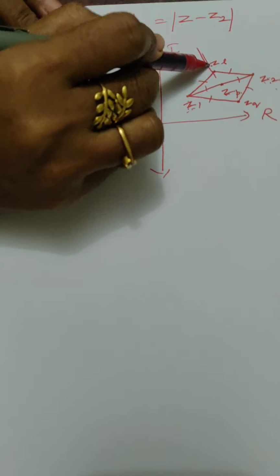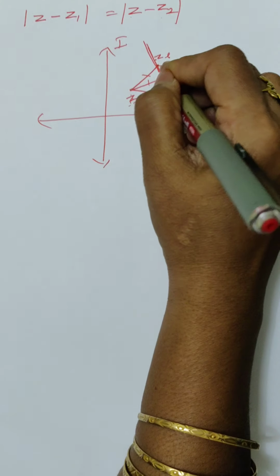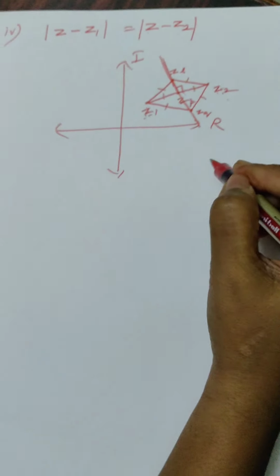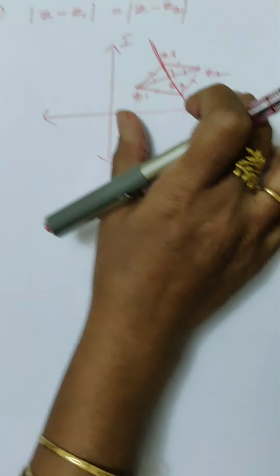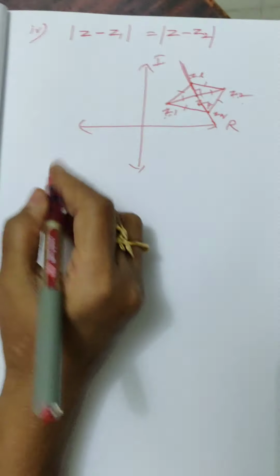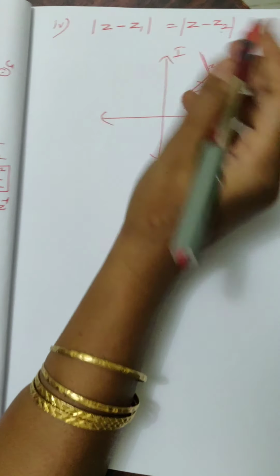What will you get? See, what will you get? It is the perpendicular bisector of the line joining z1 and z2. Will you observe this from this diagram? Okay. Now what is this? Modulus of z minus z1 is equal to modulus of z minus z2 means the locus